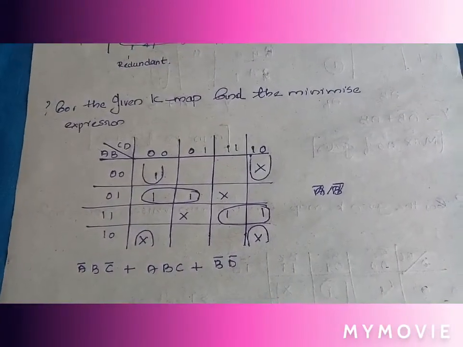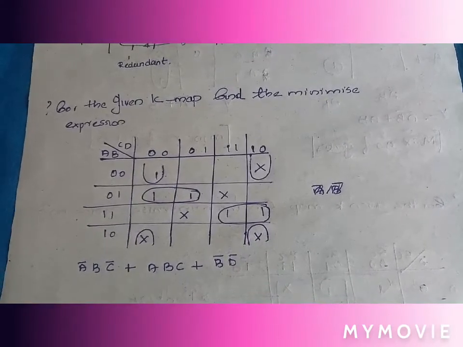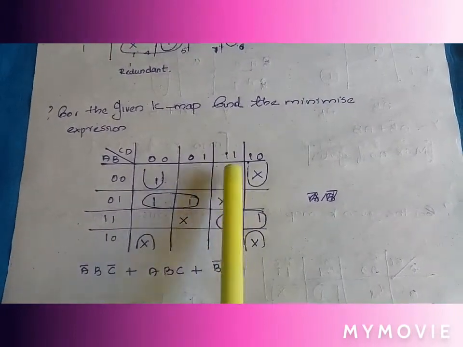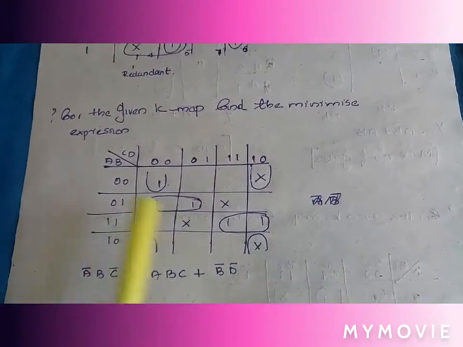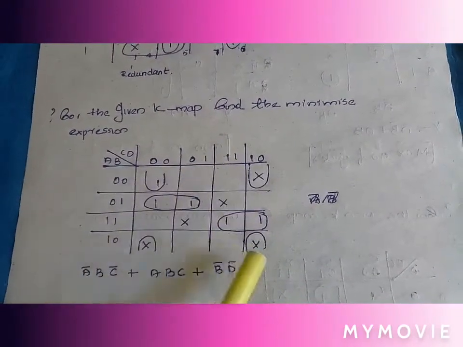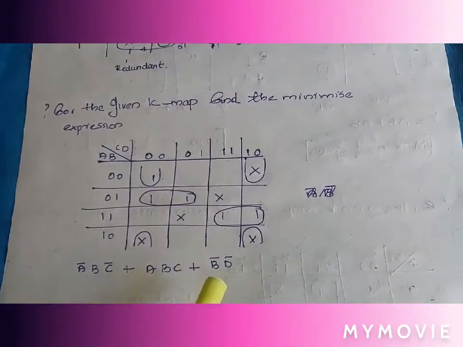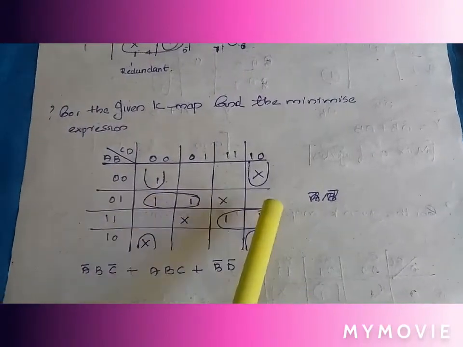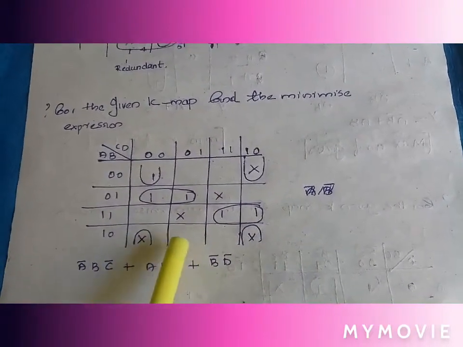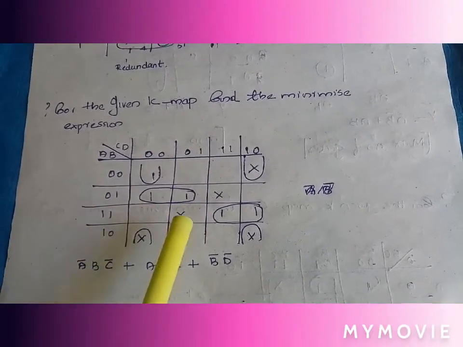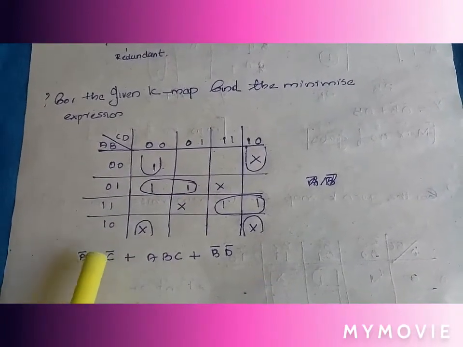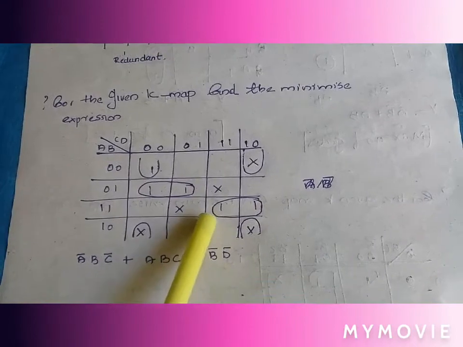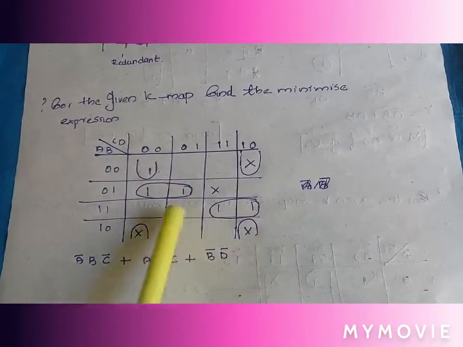Consider this question in which for the given K-map find the minimized expressions. So we can use here these don't care conditions to make a corner quad. So we can use 1 x x x for quad. So we get this quad as b bar d bar. And here we can make a pair, and also here a pair. So we get that a bar b c bar, a bar b c bar, and a b c.